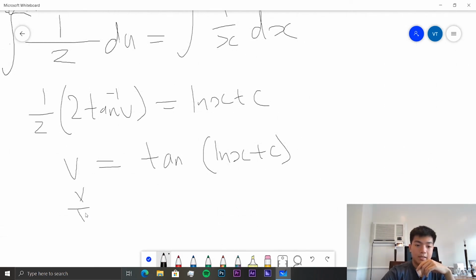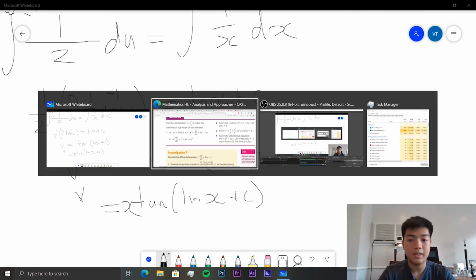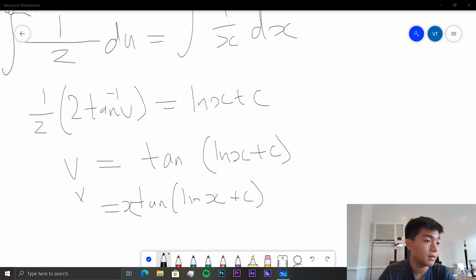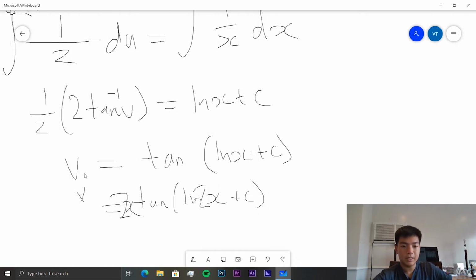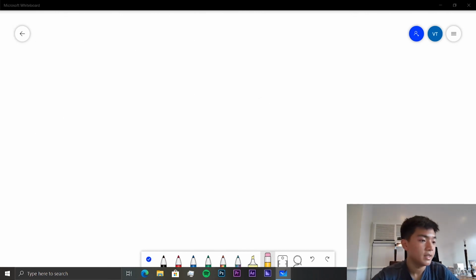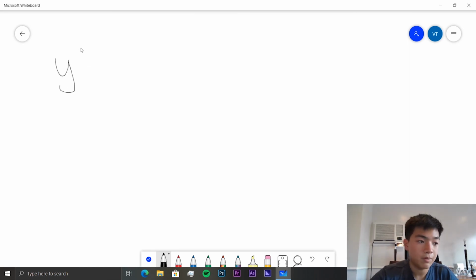So y over x is equal to tangent of ln x plus c. So y is equal to x tangent ln x plus c. So yeah, that is correct, I believe. And so now we can move on to the final one. Actually, sorry, no, it's 2x because of the substitution over here. So this should be 2 times that. Yeah. And so the final question is solve y prime is equal to y over x plus y squared over x squared